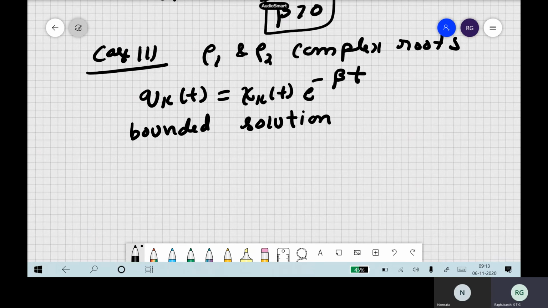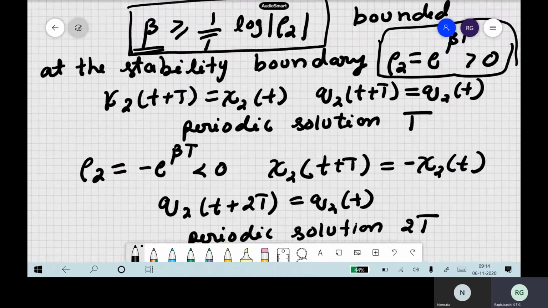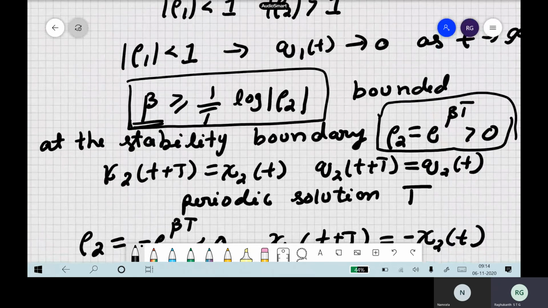So now you can find out that when there is damping, there is still a chance of instability coming into our solutions. So this is our criterion: beta T should be greater than this, the most important criterion which decides whether the solution is stable or not. It is not that when you incorporate damping into the system you escape instability. There is still a chance of instability coming into our solutions.